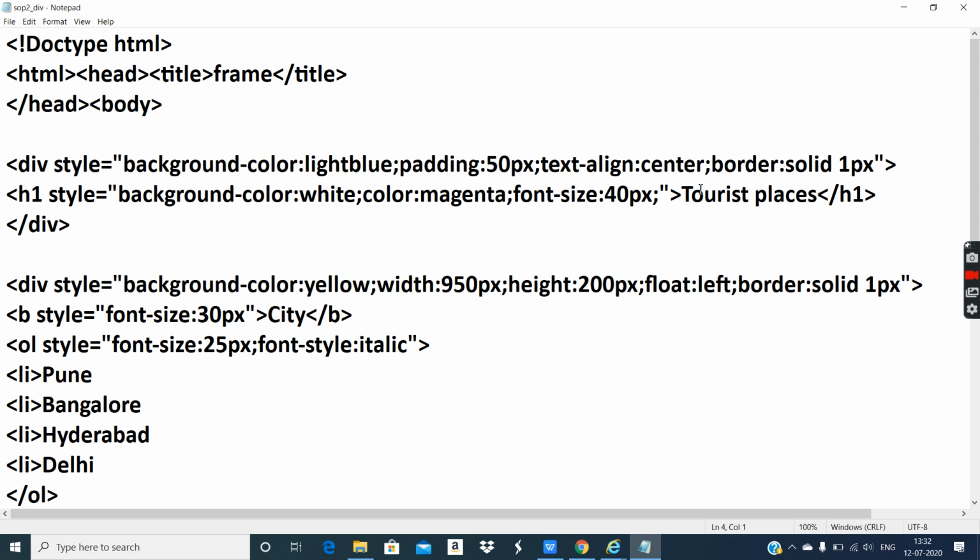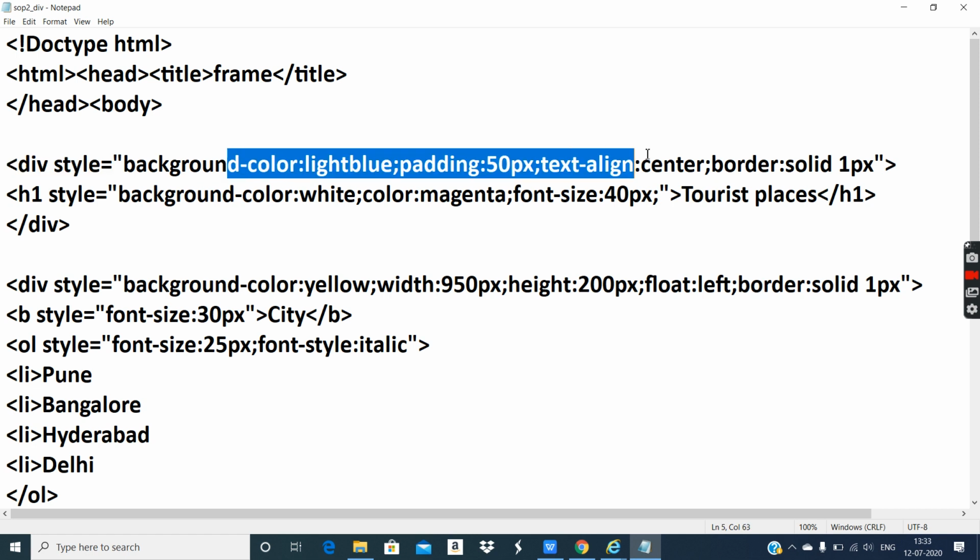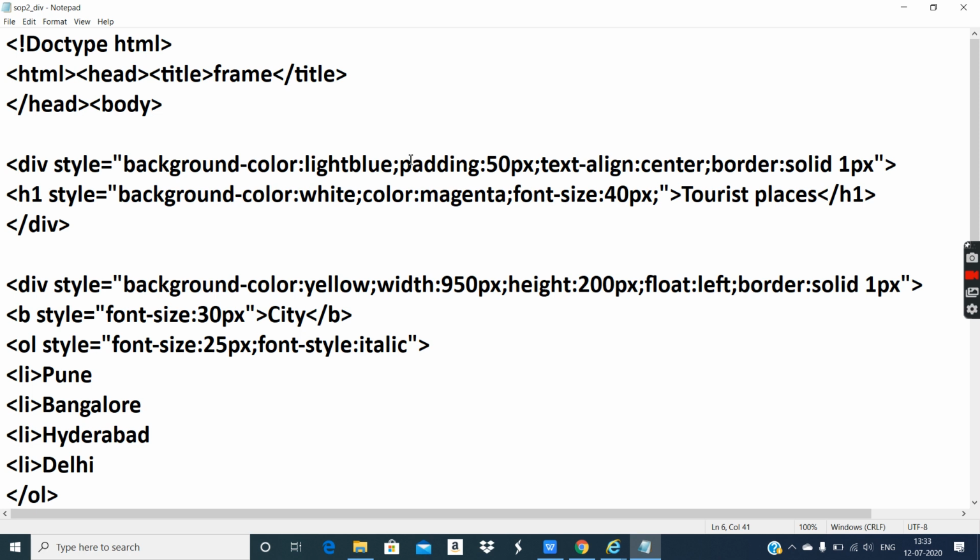That means in the previous way all these properties, all these declarations were available in H1, so I have given some in division and some in H1. So this is how I can provide.